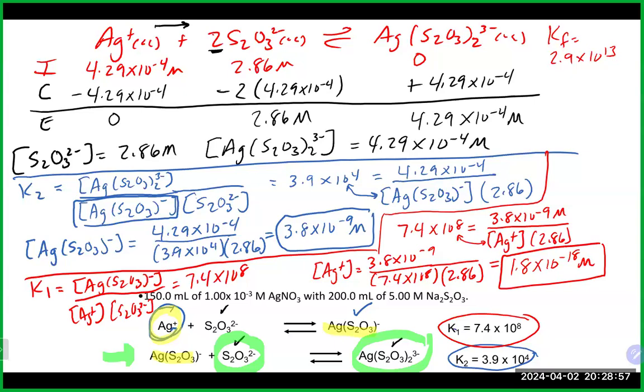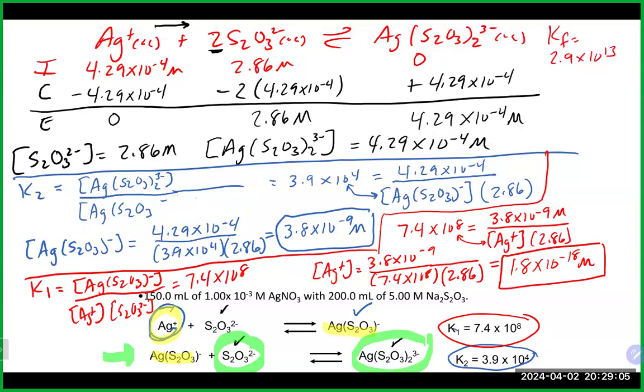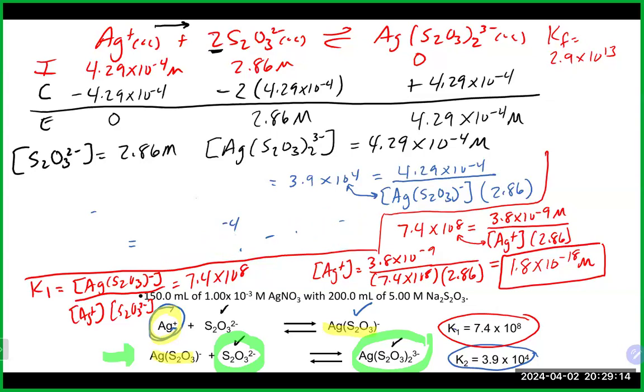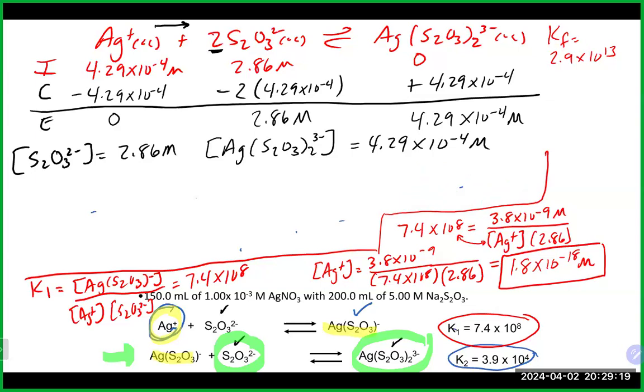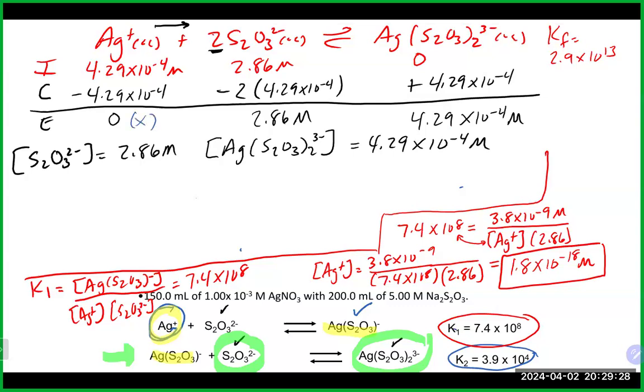I'm just going to erase the blue part in the middle there, since we have the numbers on this page. So if we wanted to, at the very beginning, we could have attacked the silver from the overall equation using the KF value for that overall reaction. Just like we did on the previous problem, we would have come back here and said, okay, I now want to make this X and solve for it. And we would use the KF for the overall reaction, which would be our complex ion